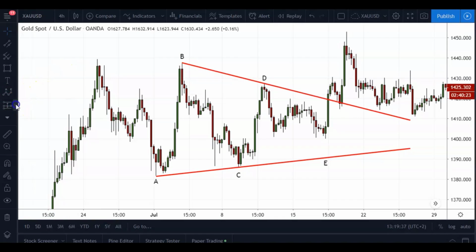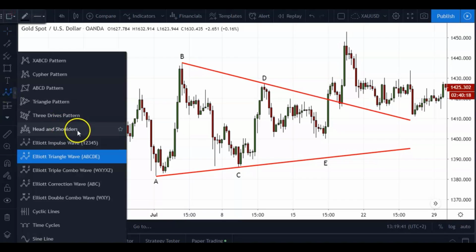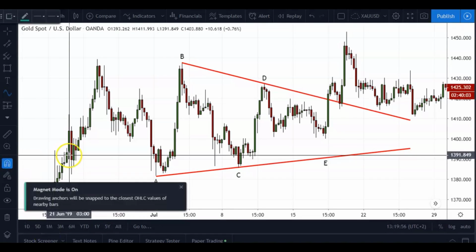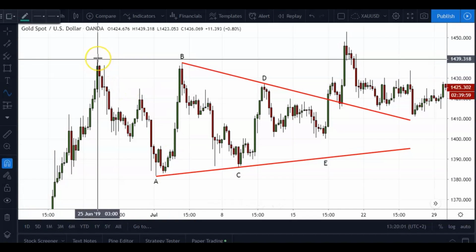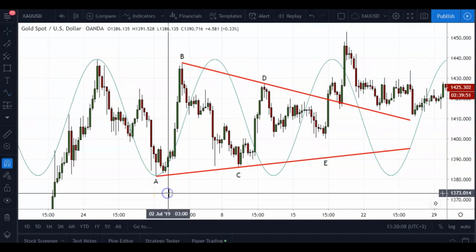And what you basically want to do is, here on TradingView, I am aware that you probably won't have this tool on most other platforms, but if you go to your labeling tools and you go all the way down here on TradingView, you'll find what they call the sine wave. And basically what that does is it creates a sine wave. I won't be going into much what sine waves are, but you'll visually see what I'm trying to explain here. If you take from that high to this low, where the A was, this is another way that you could measure